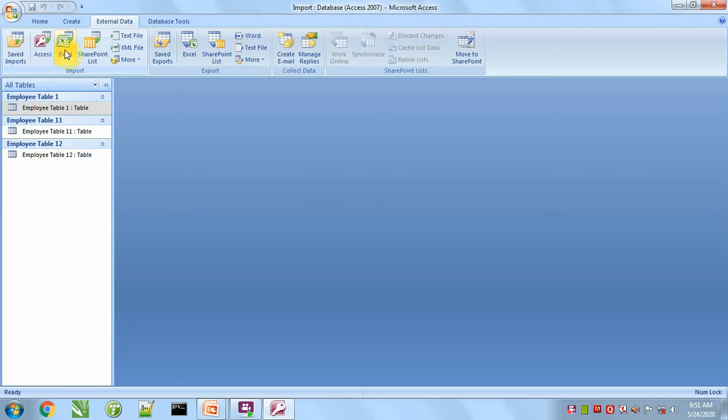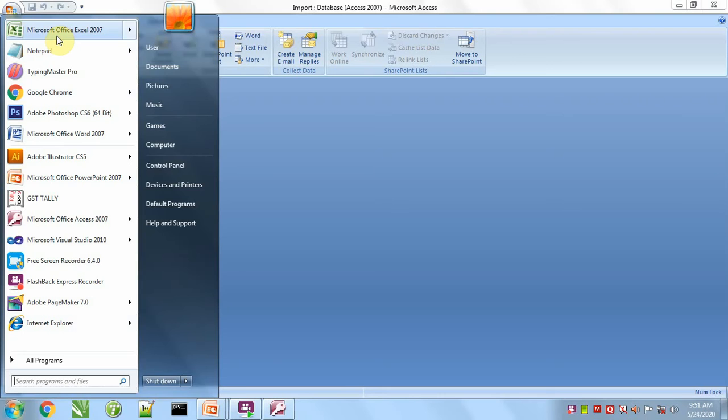Next, we can import data from an Excel file. For this we have to create an Excel file. So we'll create an Excel file here.